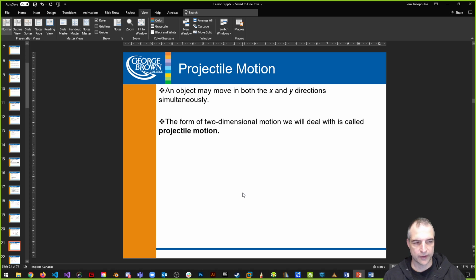You have pixels on the x-axis, pixels on the y-axis to get the final position from a vector perspective, x and y coordinates. And again, this form of two-dimensional motion we will deal with is called projectile motion. We're projecting an object from the origin somewhere else based on our kinematic equations, which is what's happening with the Wookiee and his